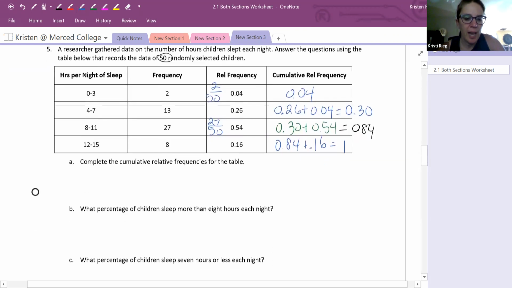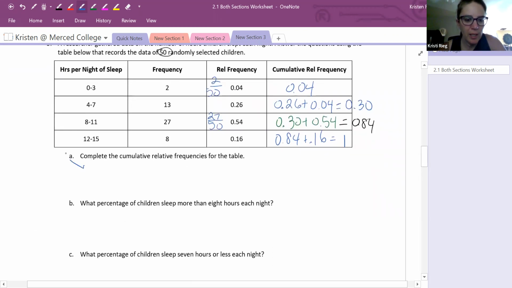All right. A, we actually did this already. It says complete the table. B, what percent of children sleep more than 8 hours each night? Now, more than is not cumulative. More than is not really in the future, it's just bigger, but more is going past the numbers we're talking about. Cumulative is going to the smaller numbers. But I can still